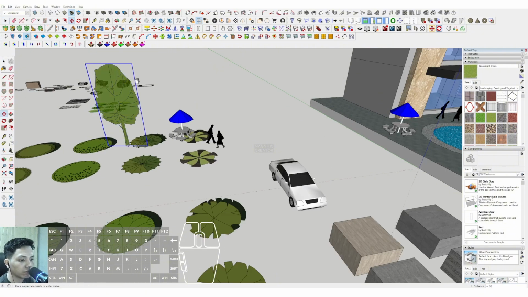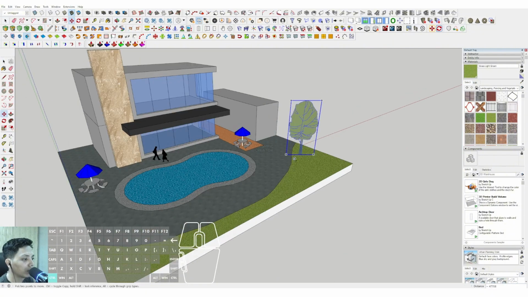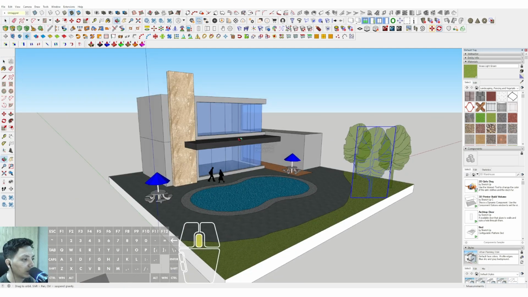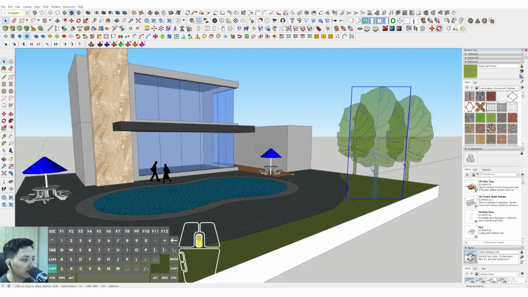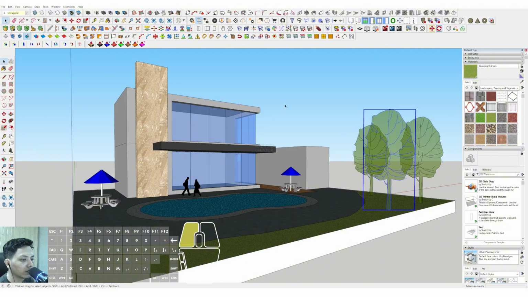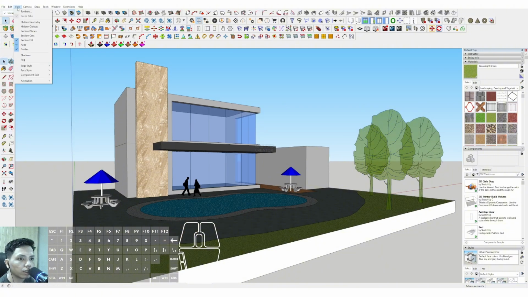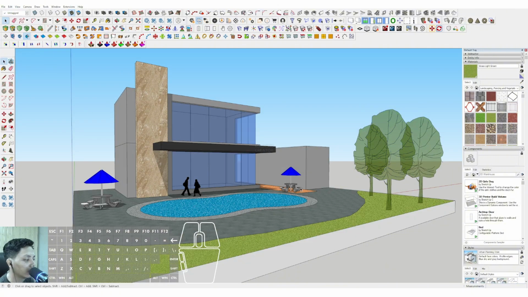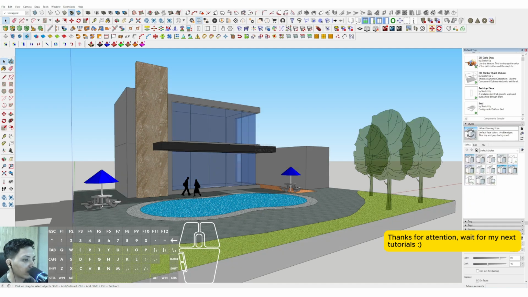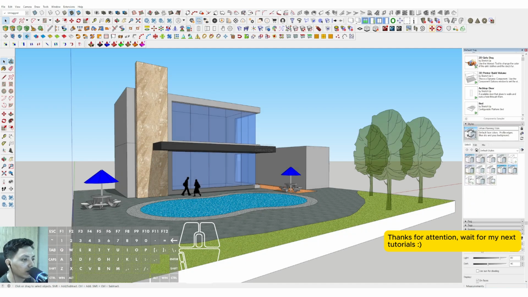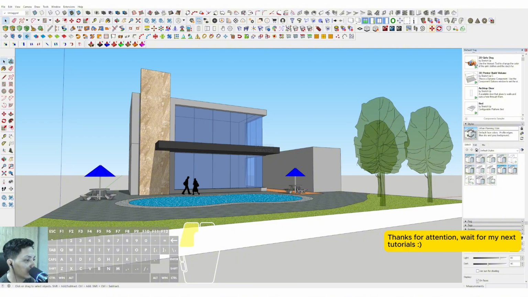Then we can duplicate the tree in here, just like this. Then we can assign the shadow in here. Okay, this is about the